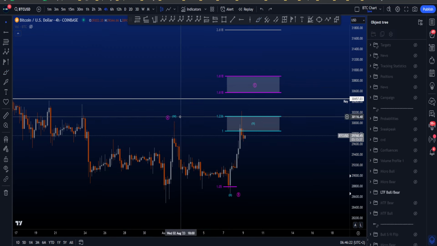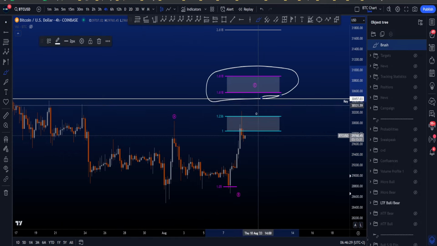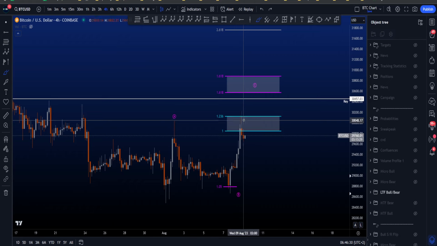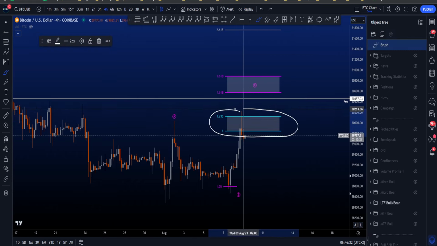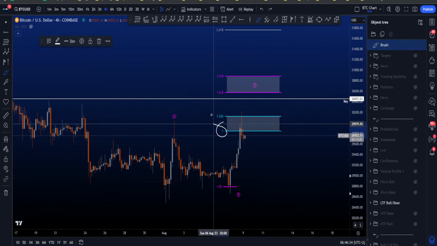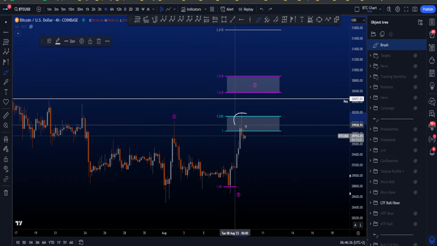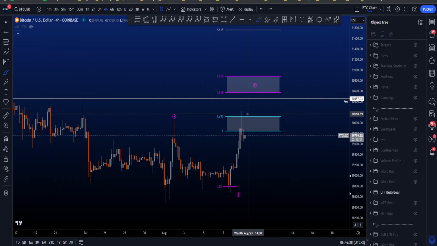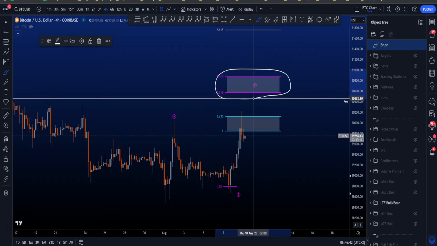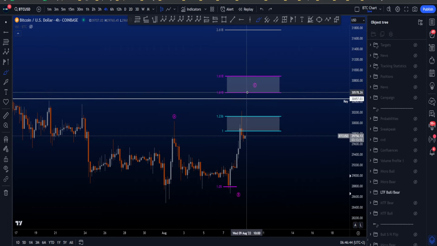So therefore I am now actually going to remove the WXY and mainly look for the wave C target area over here. However, it should at least be noted that we are currently in the wave Y target area between the 1 and the 1.236. Of course, we had that additional resistance here as well, so you want to see this passed for then the target area of wave C, which is above, sitting between 30.5k and 30.9k,